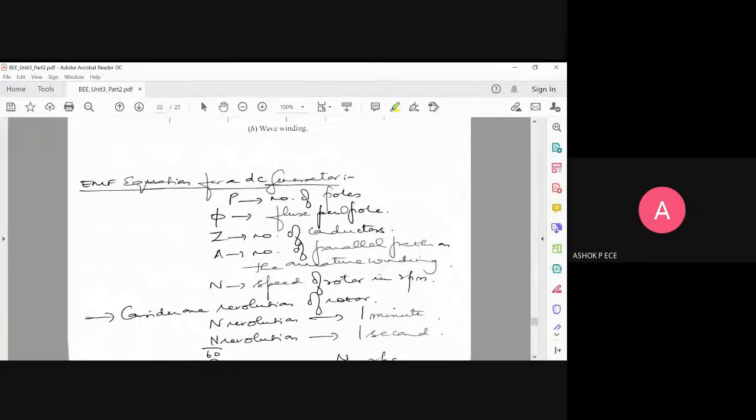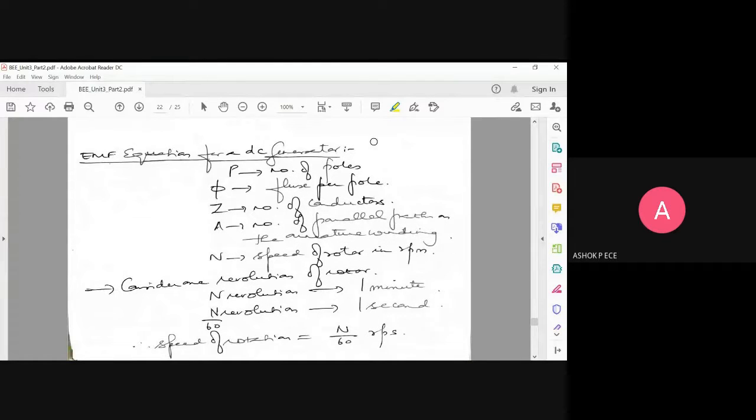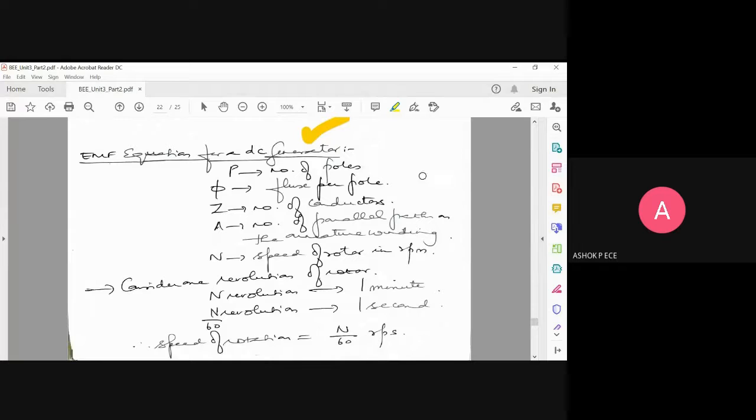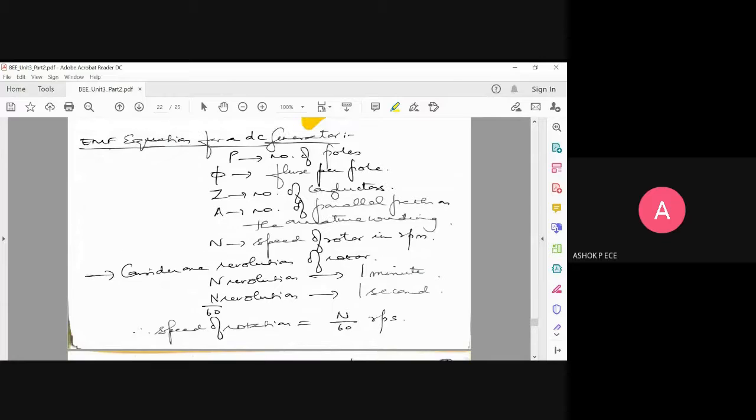So similarly, how we have an EMF equation for a transformer, you will have an EMF equation for a generator also. Machine and generator, we will be using alternatively, because they have everything in common. For a motor, if you give supply, it is going to rotate. Generator is the reverse: if you rotate the generator, it is going to give out supply. So we will be using the generator and motor terms synchronously, denoting that whatever is applicable for a motor is applicable for a generator also.